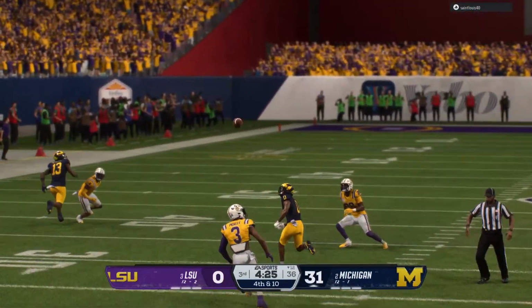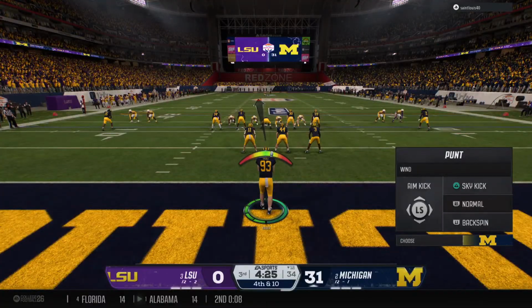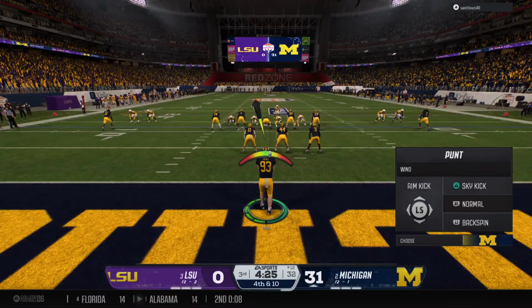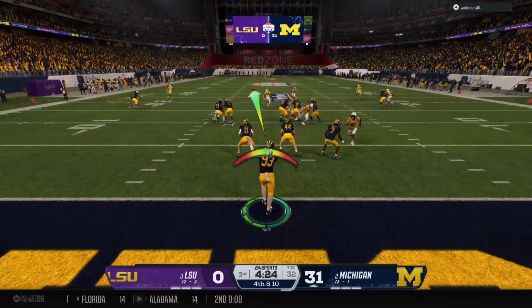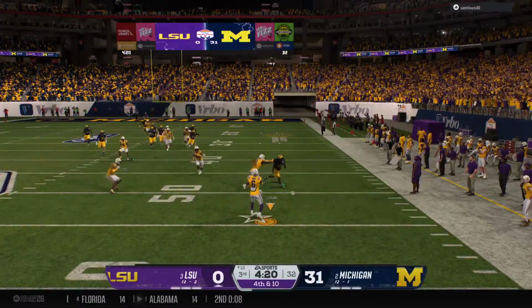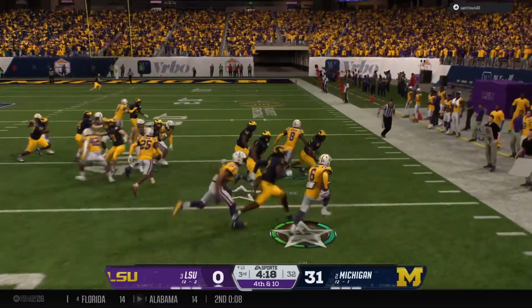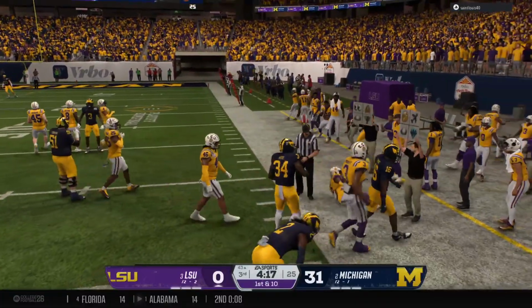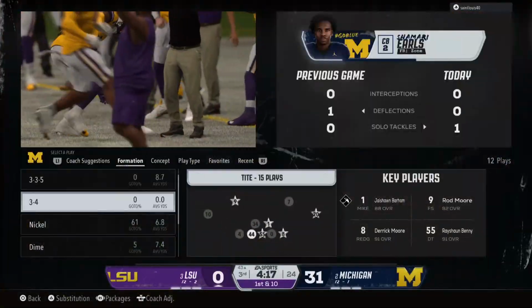Well, they come out firing here to start this second half. They didn't make this completion, but I think it sends a clear message to this defense that the adjustments this offense is going to make are that they're going to be aggressive and they're going to look for their one-on-one opportunities. And the returner is brought down by that coverage team.